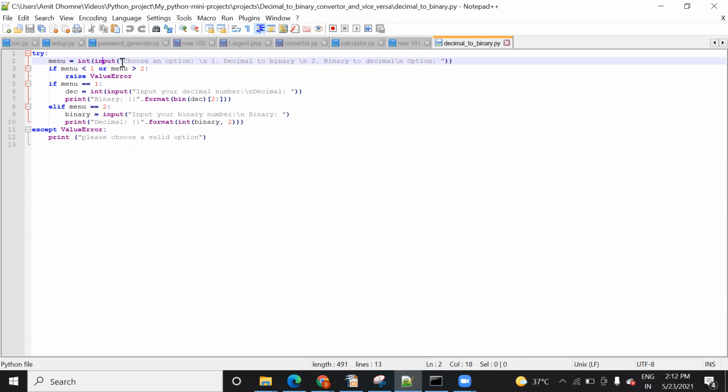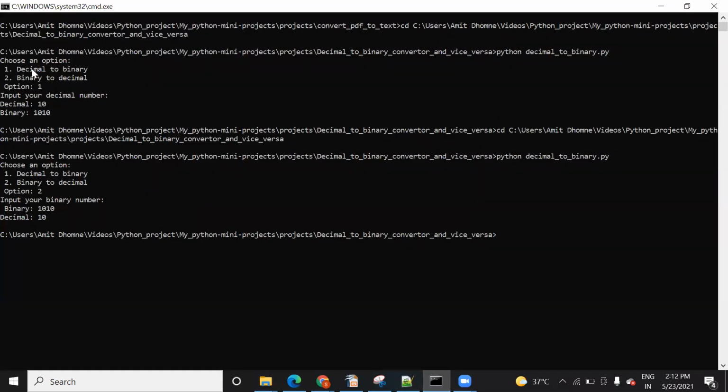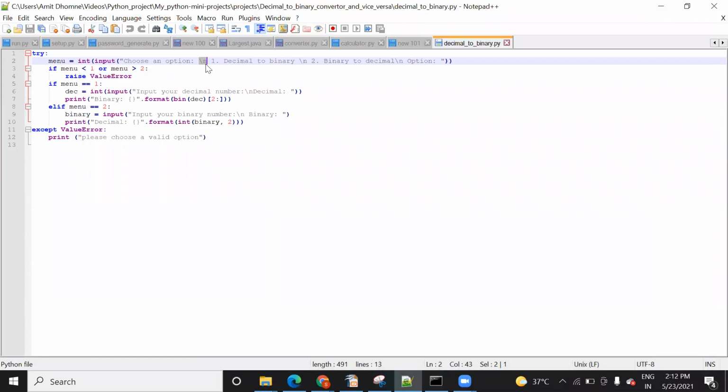Whatever you need to display, just write it in double quotes, as I have written in double quotes. The slash n means it will go to the next line. You can see in the output that decimal to binary and binary to decimal are coming on the next line after the choose option text. So the same thing I've added.